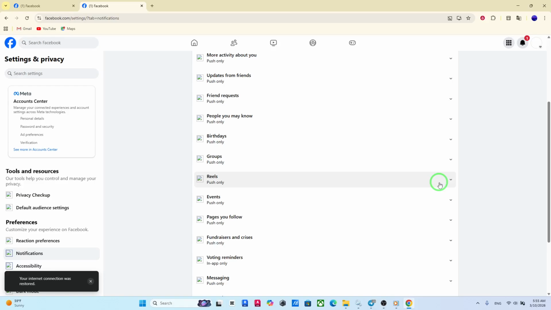Under Reels, you'll find options for how you want to receive updates. Turn on the toggle or select the option that enables email notifications. By activating this, Facebook will send you emails about new Reels, updates, or relevant activity tied to Reels, depending on